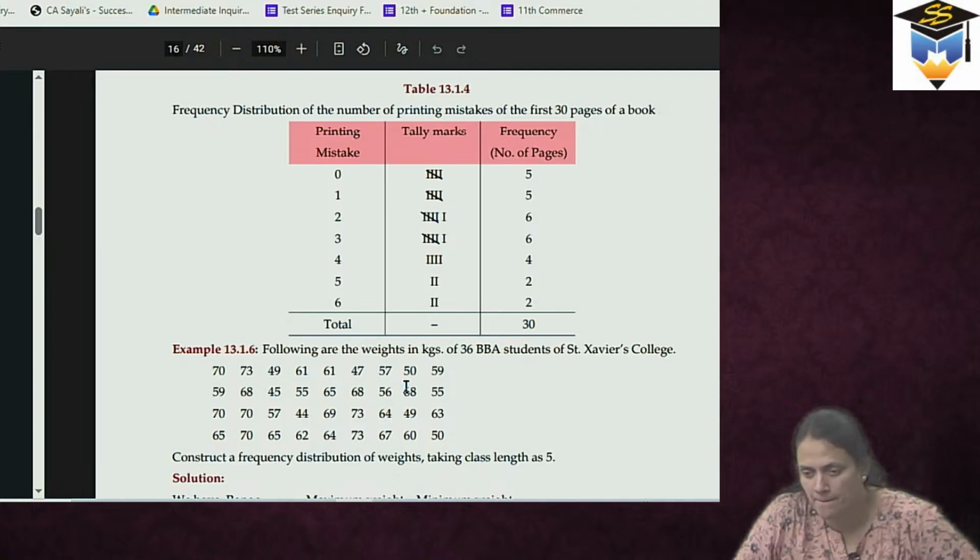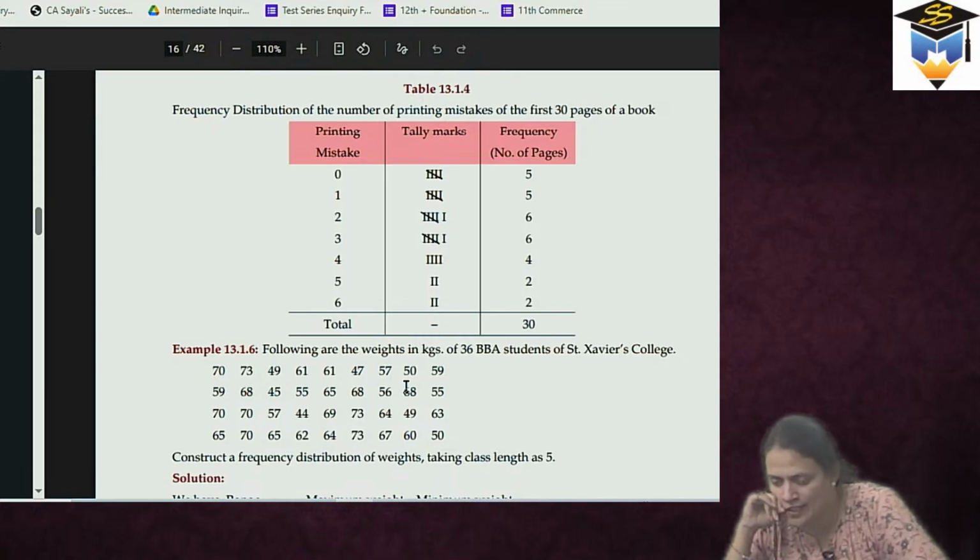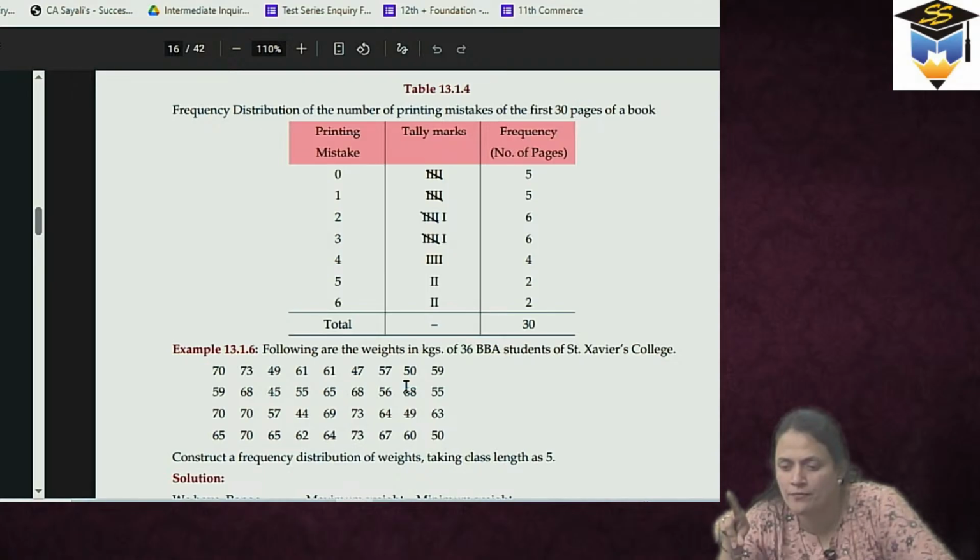68 3 times. उसके बाद 69 है? नहीं है. हाँ 69 है दिखा. So it is for 1 time once. Then 70 है. 1 2 2 3 and 4. 4 70 के वैल्यूज मुझे दिख रहे हैं. 71 नहीं है. 72 नहीं है. 73 is 1 2 and 3. I am checking counting the number. Okay, tally marks. और 73 ही हाईएस्ट है.